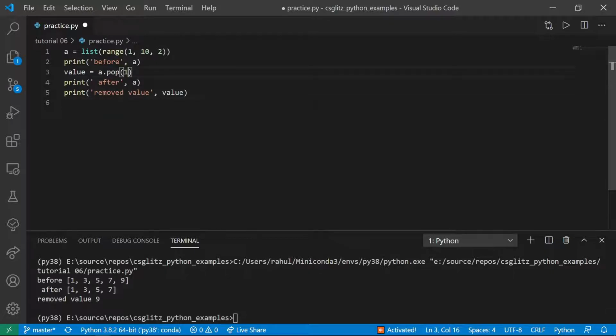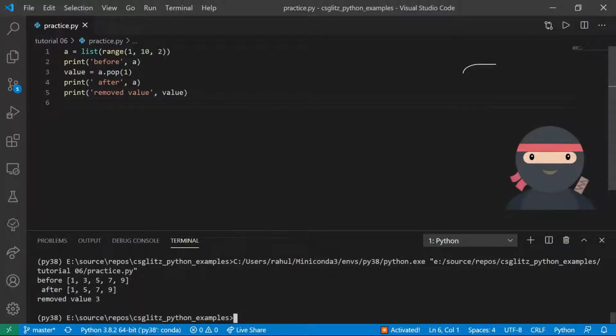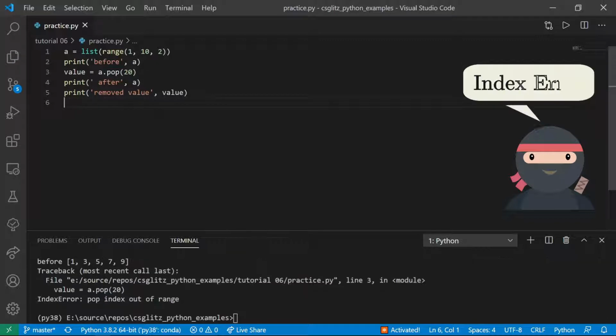If we specify an index, then it will remove and return that item instead. It raises an error if we give an invalid index.